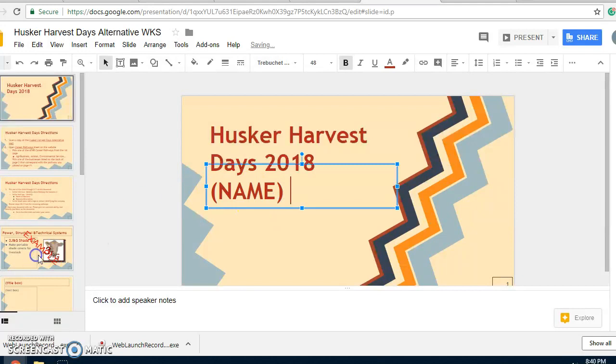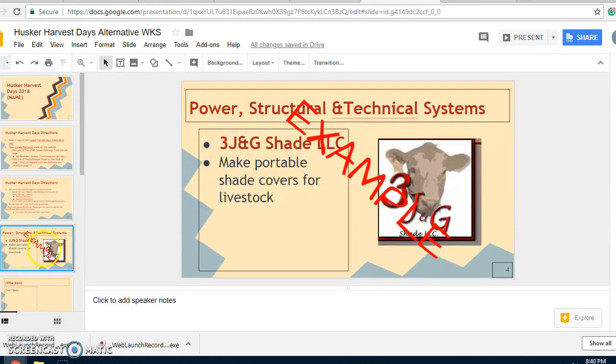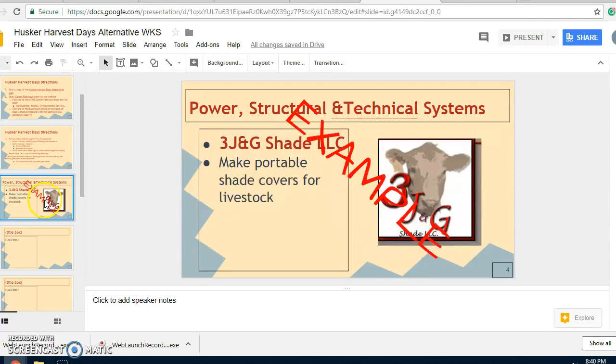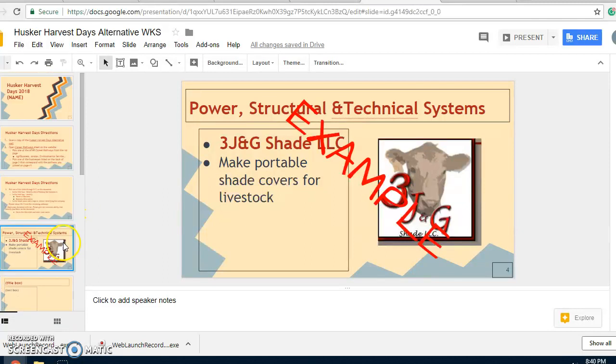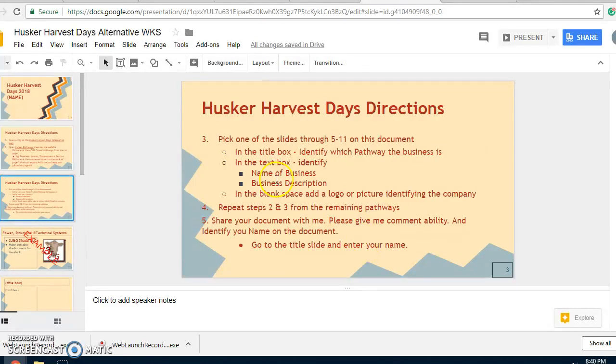Okay? Then you'll share me your document. It should then have slides 5 through 11 with this particular example-like item on all these slides. I will be able to judge its name, its business description, and which pathway it is, giving you kind of the experience that they were able to do at Husker Harvest Days